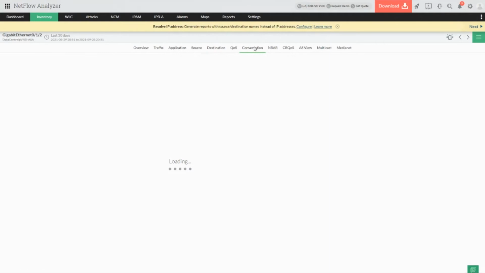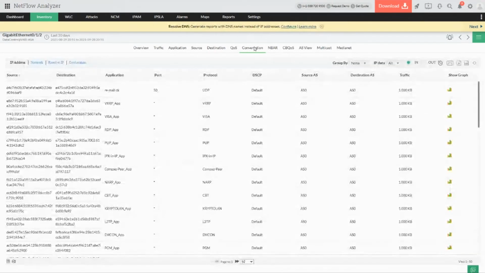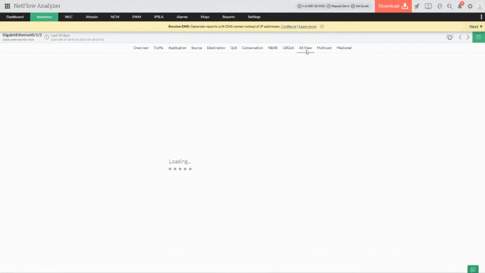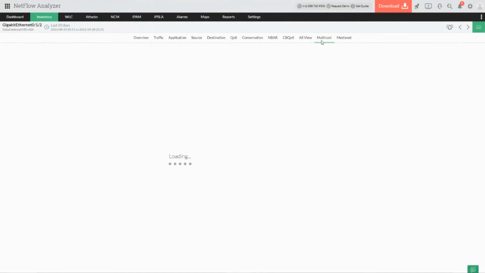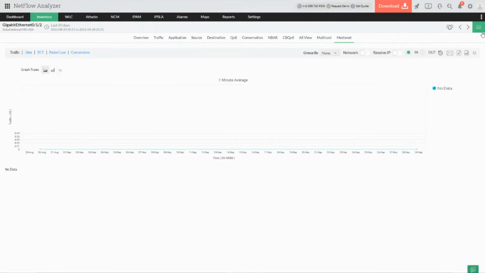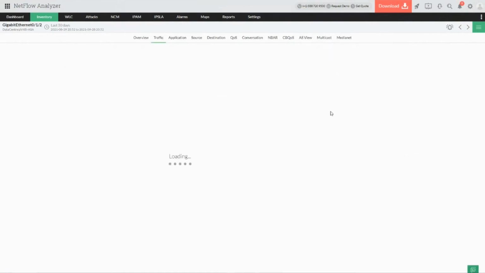And likewise, you have a quality of service tab, which gives you a detailed picture of everything. And likewise, you can configure your own rules, which allows you to shape your network in a specific bandwidth utilization. For example, these specific applications or these specific users should not be using too much traffic or bandwidth. You can have your own rules configured in your router so that you can easily get them in a detailed matcher. And likewise, you have the multicast and the media net features, which give you a complete idea of what is happening in your environment in a detailed fashion.